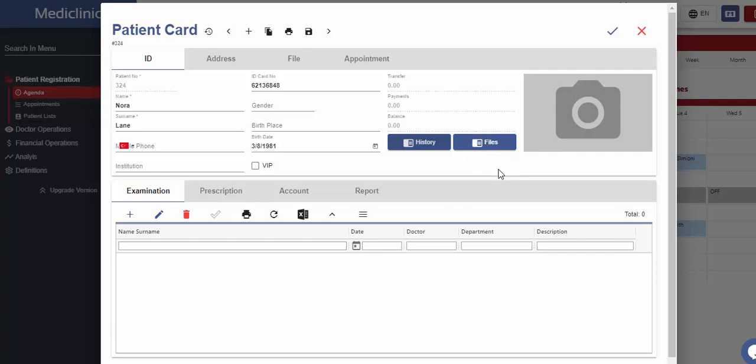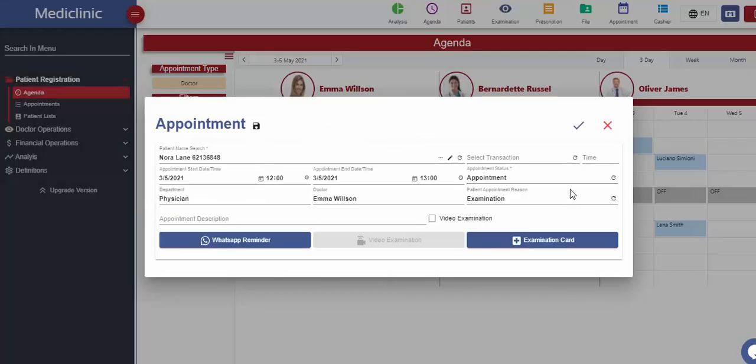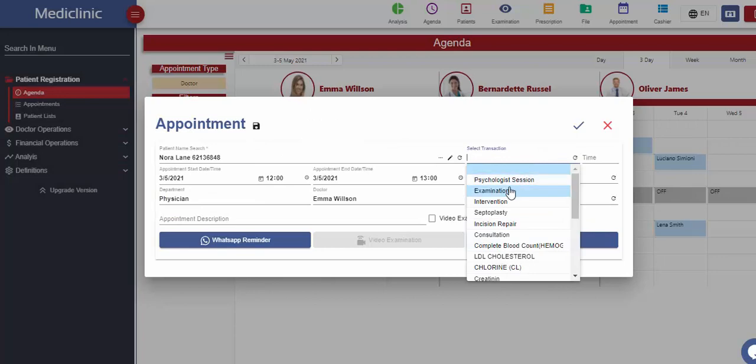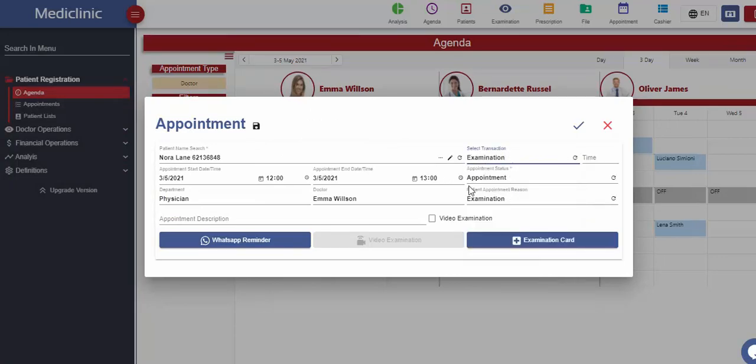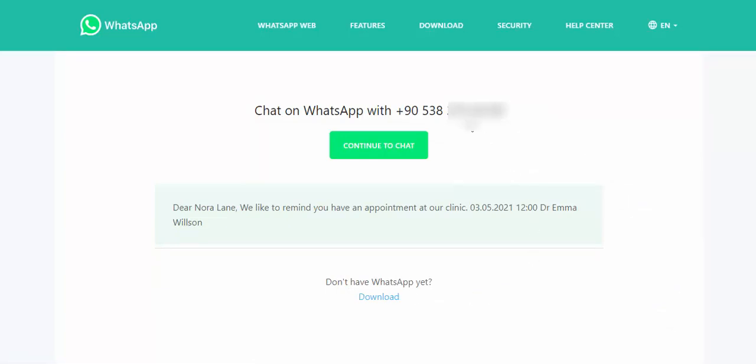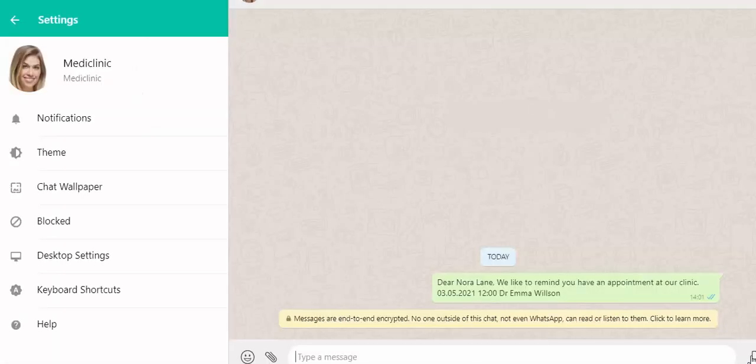From this field, we should select the desired service for which we are taking the appointment, and we can enter the appointment description if necessary. We can send a WhatsApp reminder message for this specific appointment. Automatically, the WhatsApp app will be opened and our appointment-related message will be sent to the phone number we entered